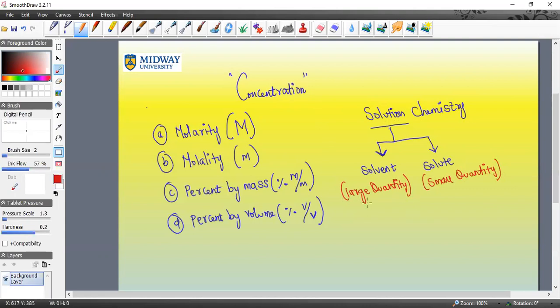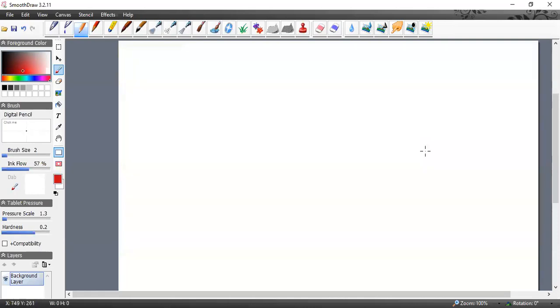It's large quantity and small quantity, right? Typically, when you work with anything in solution chemistry, one is considerably in small quantities and the other one is in considerably large quantity, right? So a solution is made up of a solute and a solvent, right? Now let's go understand